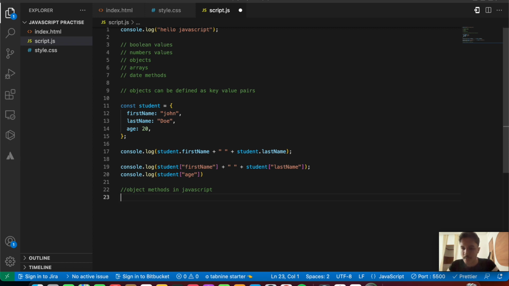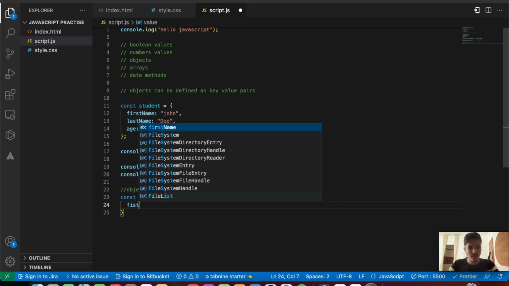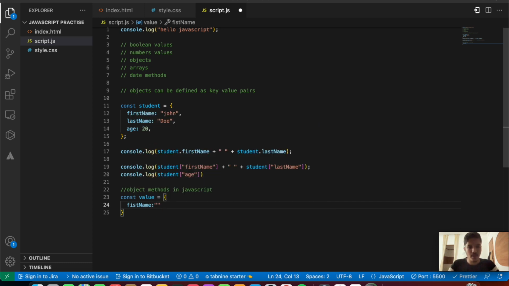So basically, object methods: for a particular key, if there is a function definition, then that is known as an object method in JavaScript. So let's look into that first. We're going to say const, let's say any object name, so const value equals, first name, and let's keep it John,